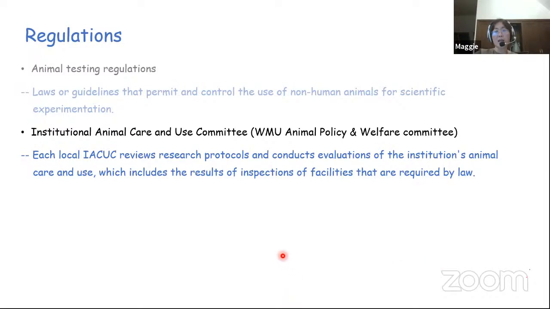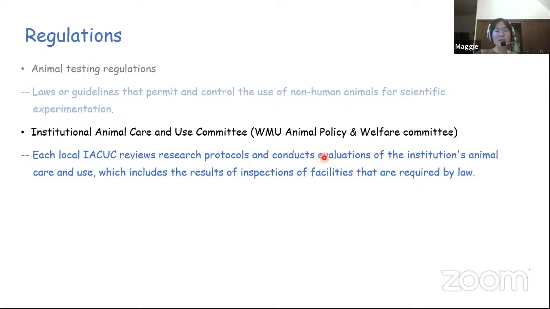In my university, it is the Institutional Animal Care and Use Committee at Wenzhou Medical University. The members of this committee will review the research protocols and conduct evaluations for this animal testing. If they approve the protocol, then after that, we can start the experiment. Otherwise, we cannot do experiments before they review all the protocols. So this is the local